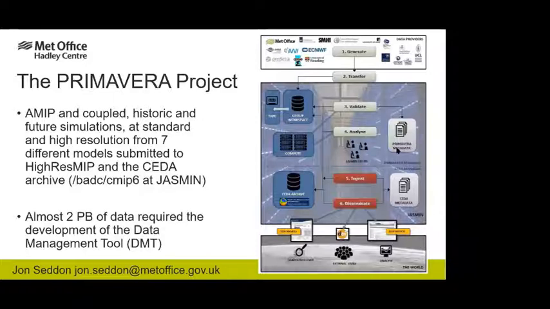If the data is only currently available on tape, they can use the DMT to request that it's restored from tape to group workspace, and they're sent an email, typically within sort of 2 hours or a couple of hours, possibly a couple of days, when the data is available to them on group workspace. And actually, to make most efficient use of group